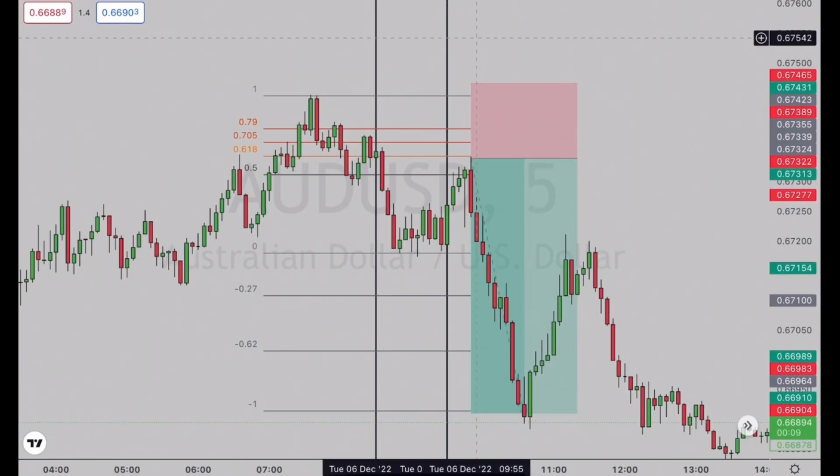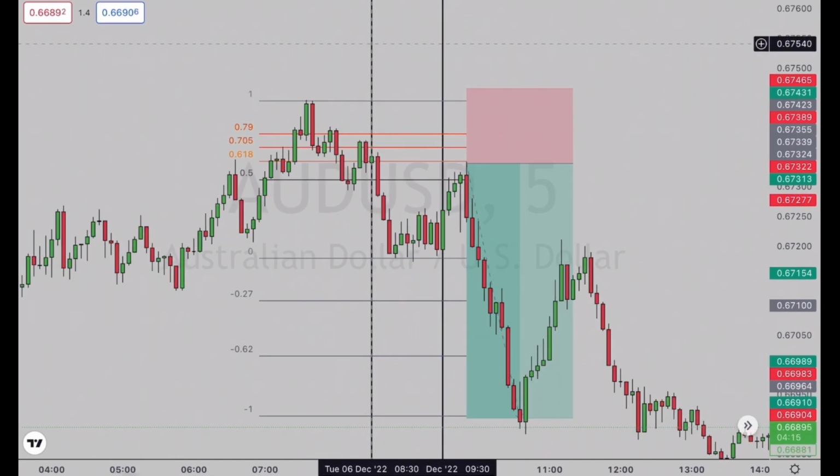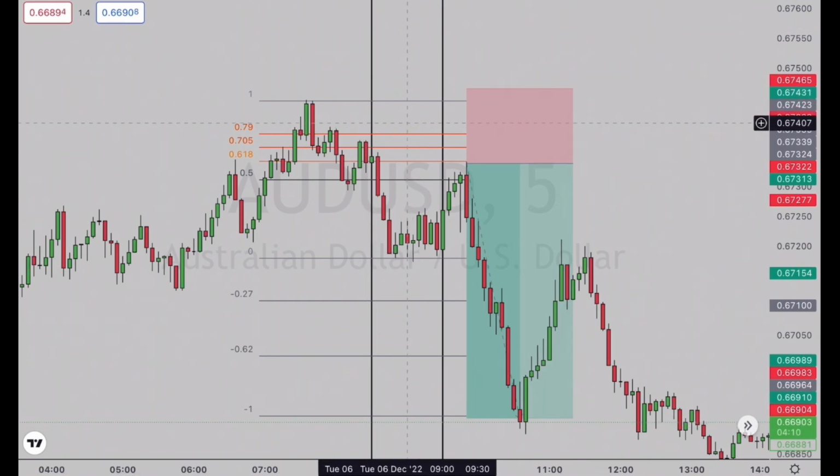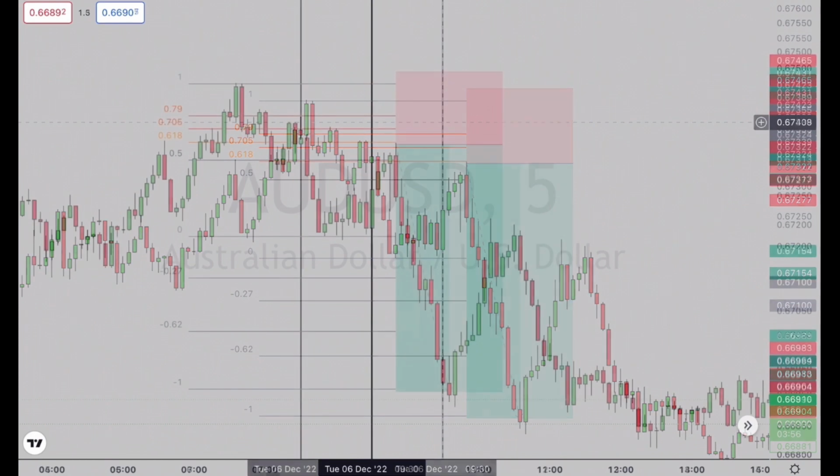Okay, so one more thing that I wanted to tell you guys is that your trade does not necessarily need to occur right at 9:30 or 8:30. A half an hour slippage is acceptable. So let's do a little recap. At 8:30 you either want to be looking for a turtle soup pattern or an optimal trade entry. Okay, these are your two smart money patterns.